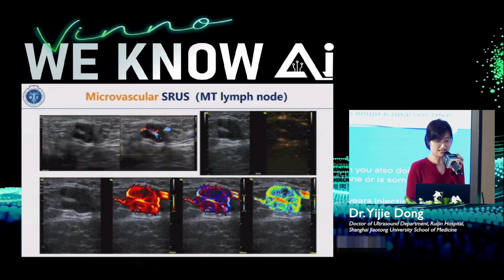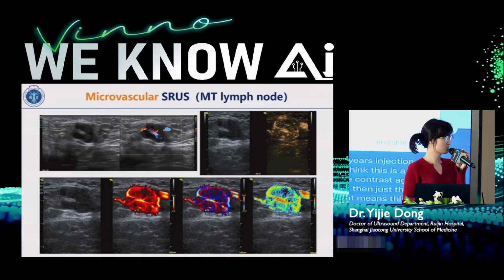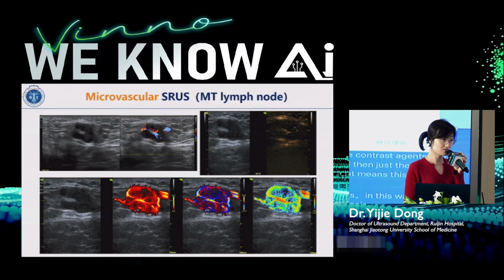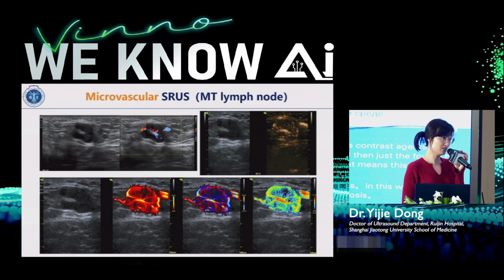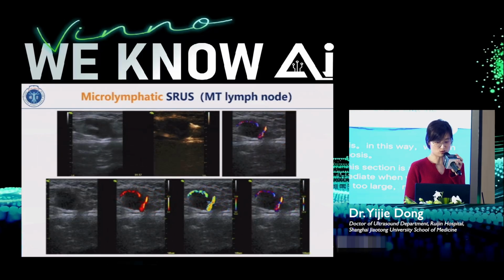So let's see another case. This case also involves lymph nodes. By this intravenous way, we can see this lymph node, although it's not too large, not too big, but there is abundant blood supply in this. And we can also see the hilum here. The hilum is still in the lymph node. But is it a benign one or a malignant one? We don't know. Using this intravenous way, we can get very useful images of lymph nodes, but we still don't know the diagnosis. Then we use this